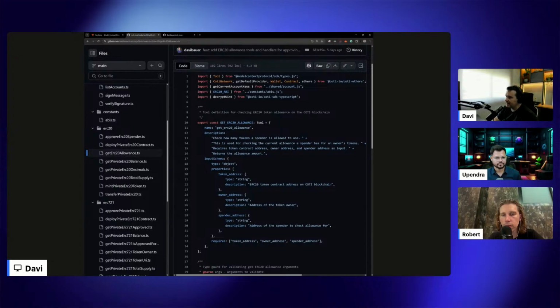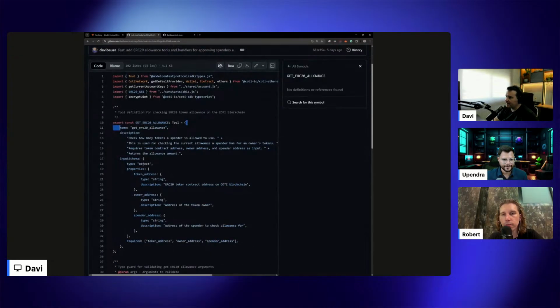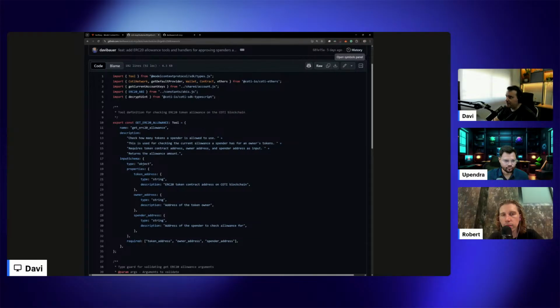You can get, and here we are exactly talking about it, that's the metadata. We have here, for example, the name of this tool, a description, and the schema. So the token address, the owner address, spender address, and here we can add more context in the description if needed.